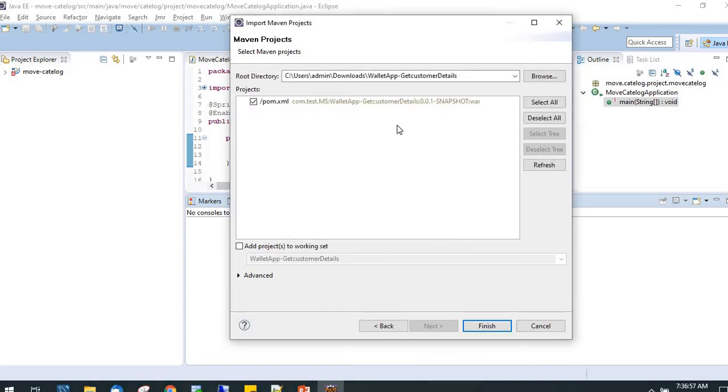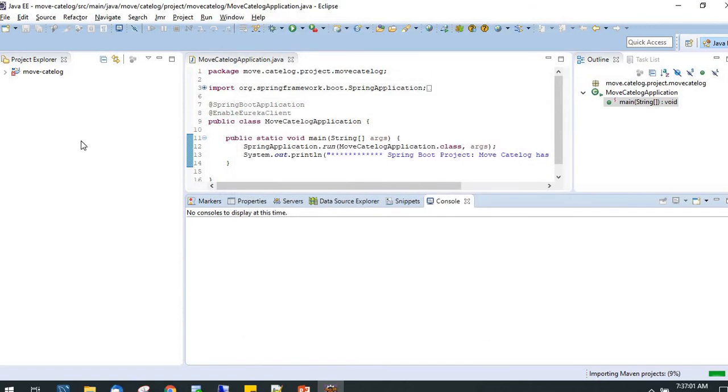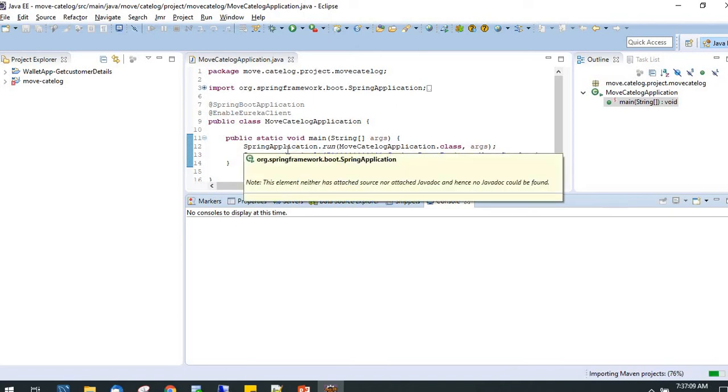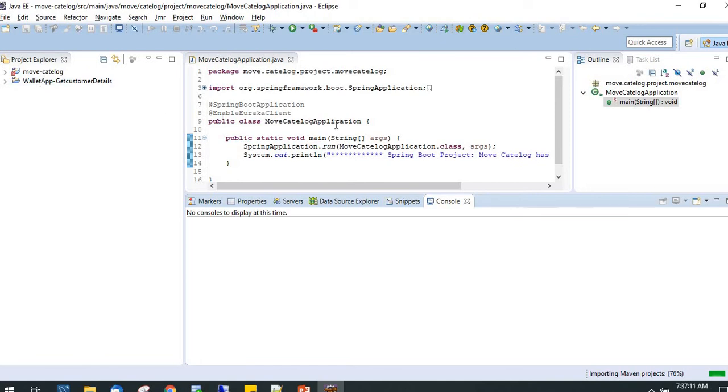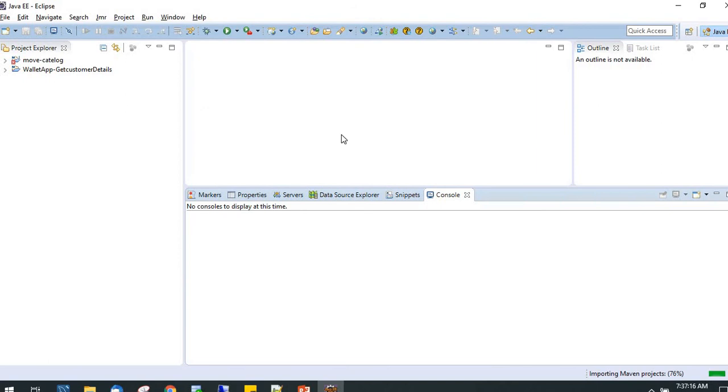See, pom.xml is selected, and finish. Now you are seeing here it is building the Maven project, and it will download all the dependencies required for this project. So now we have created one Maven project from the Spring Initializer, and we have imported it successfully into our Eclipse. Okay, and now the project is building.